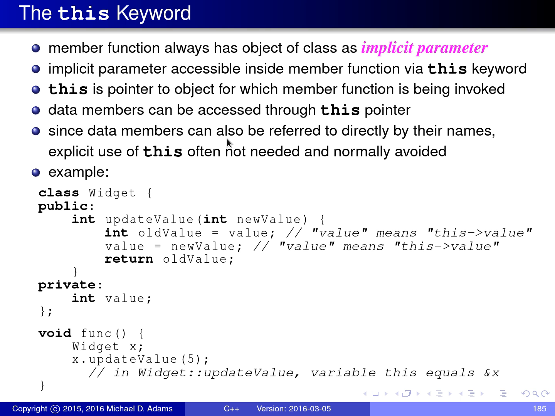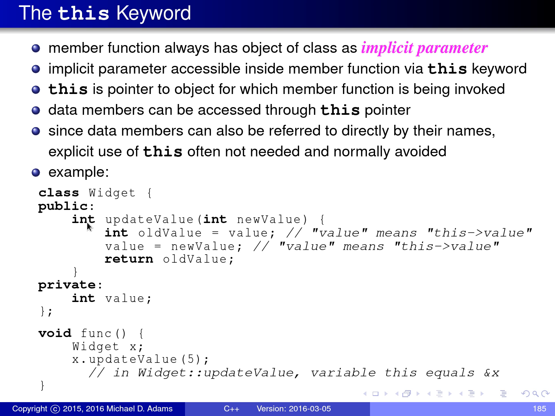So I have a code example to help illustrate some of these concepts a little bit further. You have this class called widget. It has a single data member called value, which has type int, and a single function member called update value, which allows you to change the value of this data member. This function takes a single parameter, which is the new value for this data member, and it returns